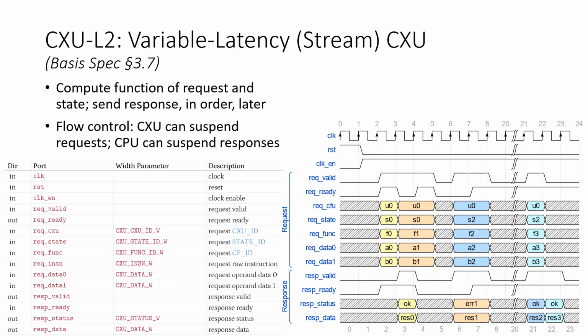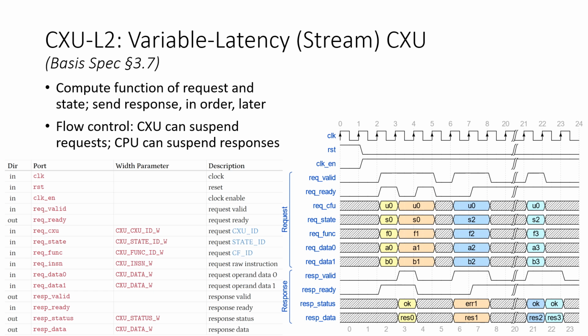Level 2 is for variable latency, or streaming CXUs, which compute a function of each request and its state, if any, updating the state, and then sending a response in order in a later cycle. Both the request and the response have valid ready handshaking flow control, so the CXU can suspend incoming requests, and the CPU can suspend incoming responses. Of course, this significantly complexifies the design of the CPU and the CXU, since each must tolerate suspension of request